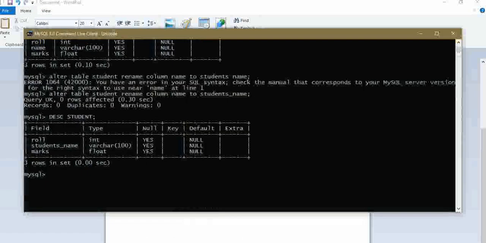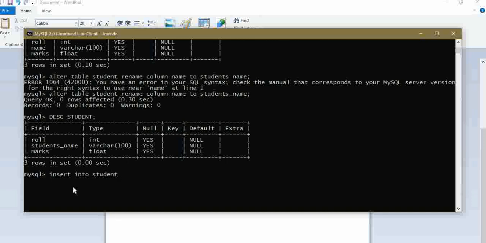Let's see about truncate. So let's insert some values in the table. This is DML, data manipulation language statements. We will see in the later videos. Insert into, name of the table is student. We'll focus on DML later. So for trial basis we have to insert a value, because we want to check what truncate is meant for. Okay, so insert into student, then just type values.